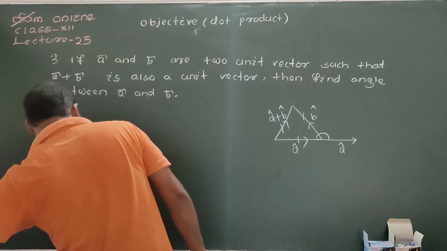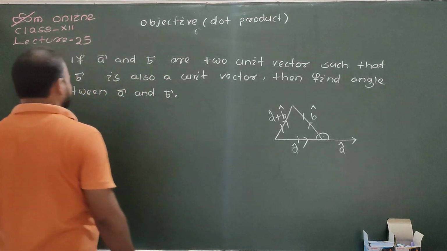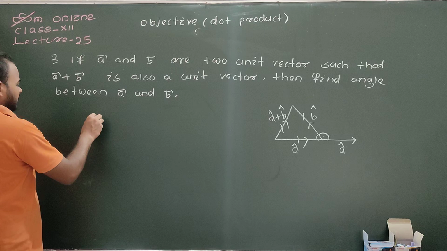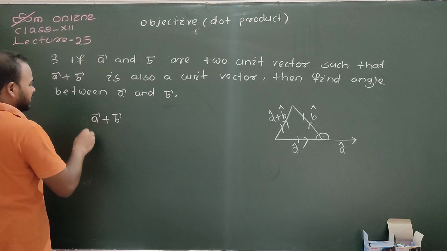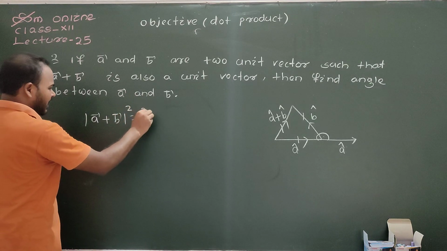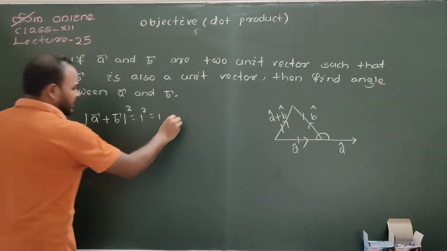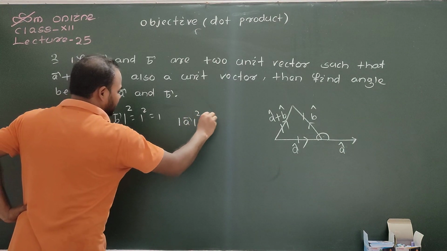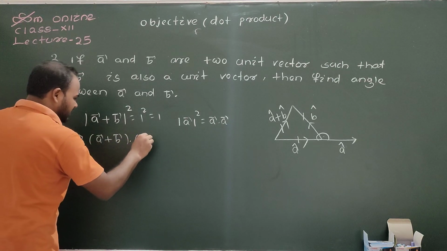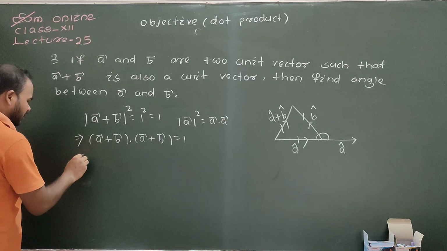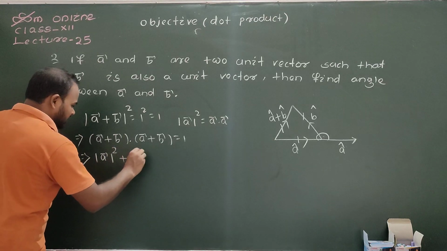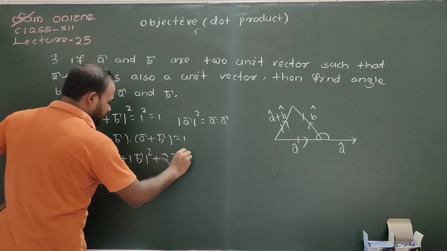If we want to prove this, see: vector A plus vector B is also a unit vector, that means the magnitude of vector A plus vector B equals 1. Then its square is also 1. Now we can write magnitude of A squared as vector A dot vector A, so we can write vector A plus vector B dot vector A plus vector B equals 1. Since dot product is distributive over vector addition, we get magnitude of A squared plus magnitude of B squared plus 2 into vector A dot vector B